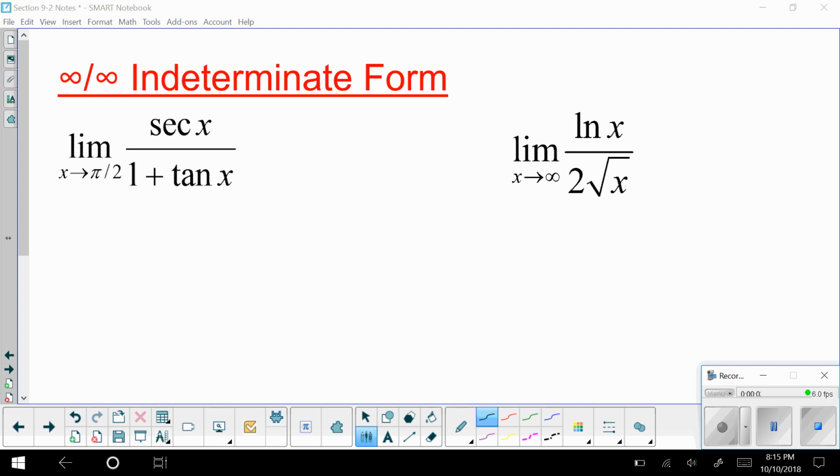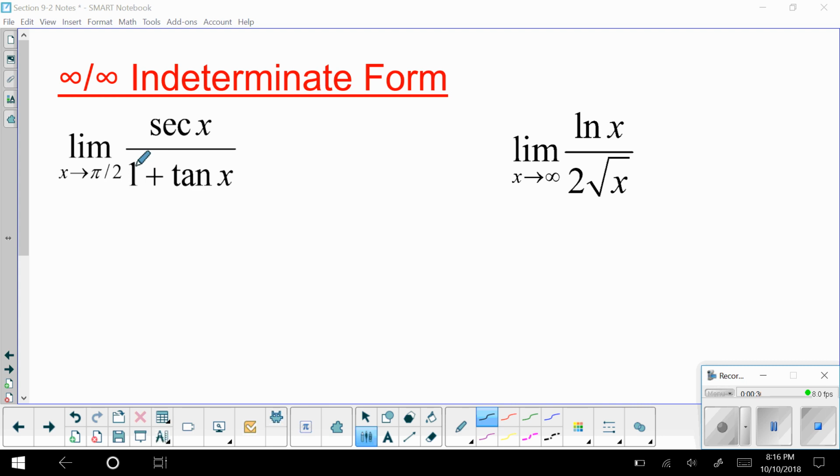So I did want to also make sure that we hit some examples of the other indeterminate form that the AP exam covers, which is the idea of infinity over infinity. And again, we don't want to actually write it as infinity over infinity. It just is a convenient way for us to speak about the indeterminate form. So if we look at the limit as x approaches pi over 2 of secant of x over 1 plus tangent of x,